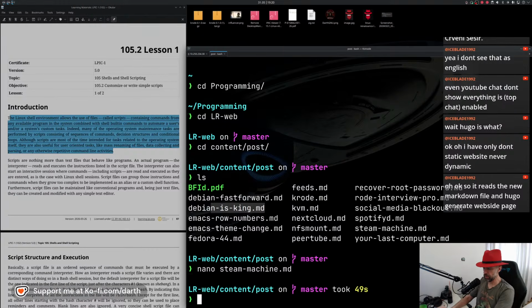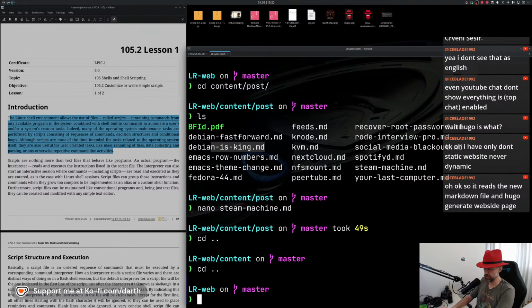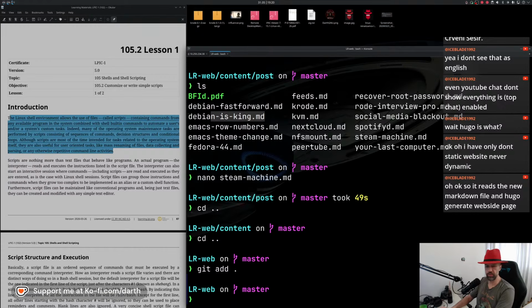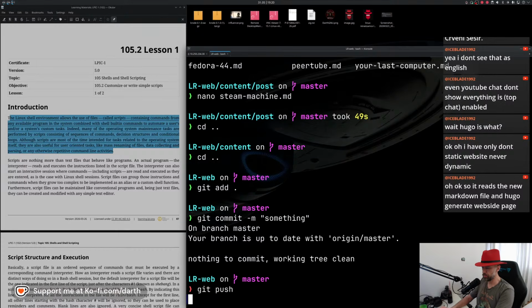And when I'm done, I go to the root folder on my master and I run git add everything and then git commit something, and it says, okay, I have added these new files. And then I just do git push, and